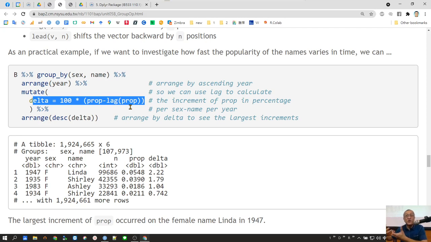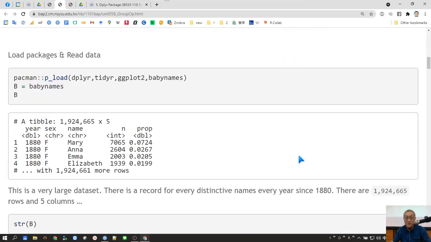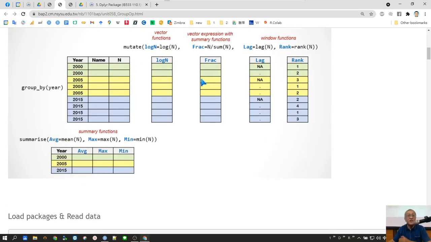Because the window function is only meaningful inside the group, right? So in this way, this is another reason that you want to do a group mutate. So like group mutate,